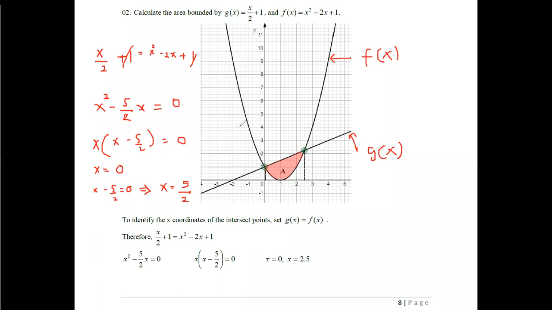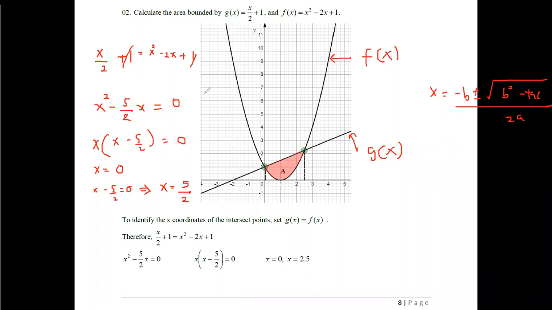Therefore, in such situations, if it is a quadratic equation, then you can use the formula: x equals minus b plus or minus square root of b squared minus 4ac, divided by 2 times a. You can use the formula which you have learned previously. Using this equation, you can calculate the value for x.